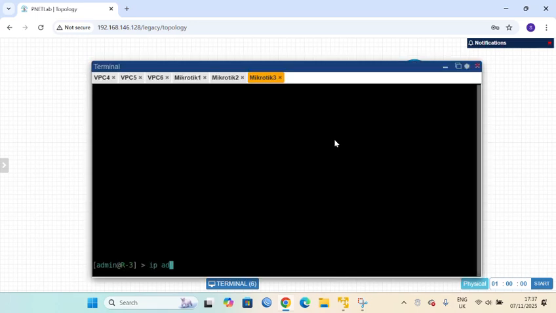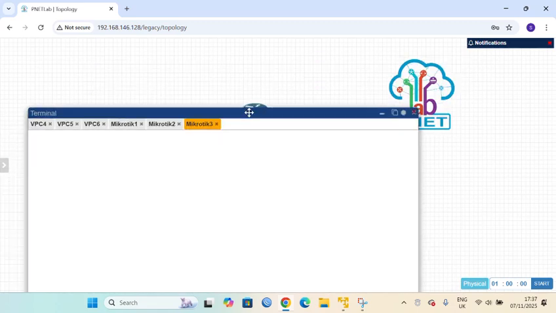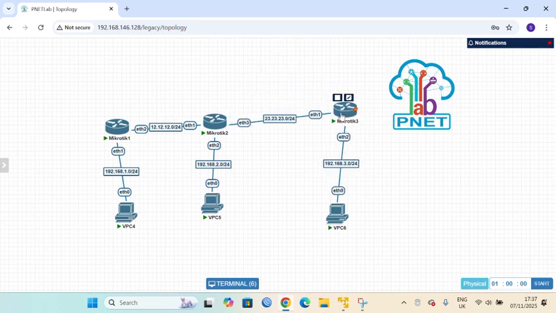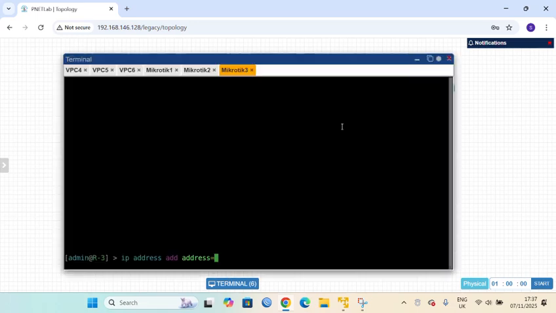Then ip address add address. We look at the IP first. So 192.168.3.1 connects to router 3 with ether2. So we configure right here, ether2.